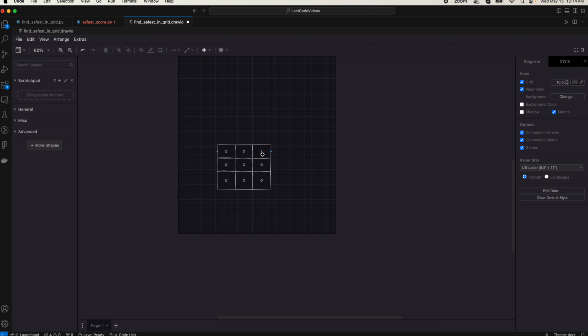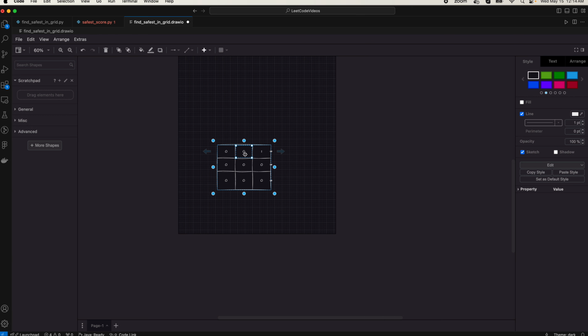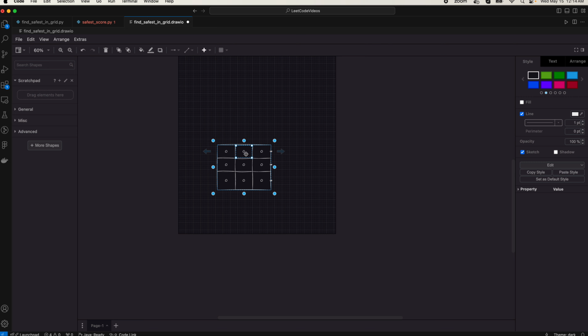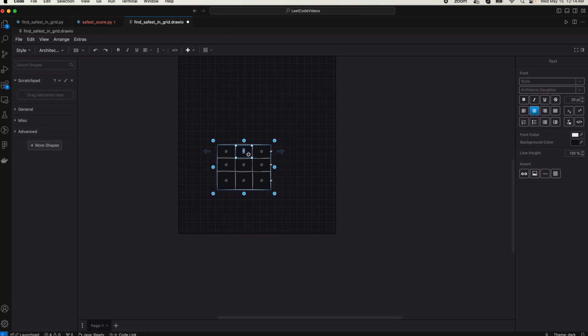This is the matrix we have. The safeness factor for this particular cell is 0 because the distance is 0 from the cell itself. And in this one, because the thief was here, the distance from the thief to this cell is 1,